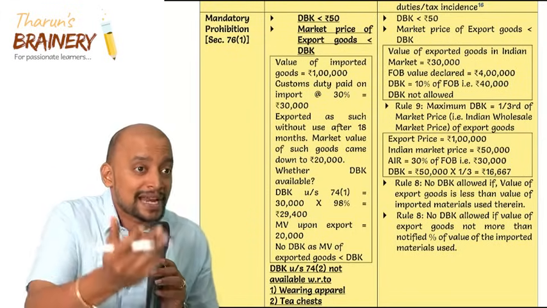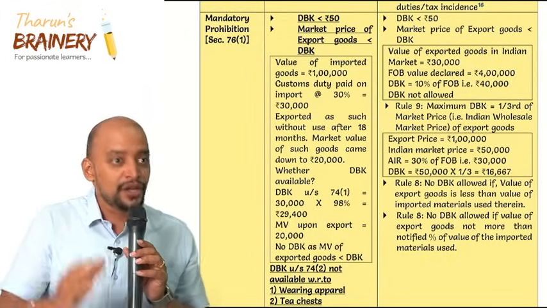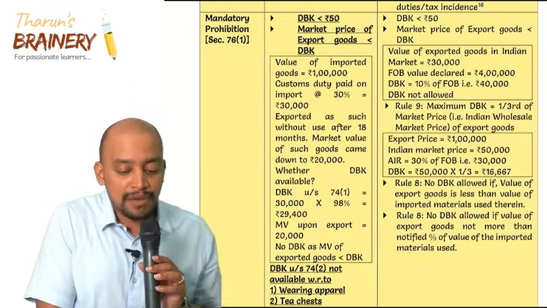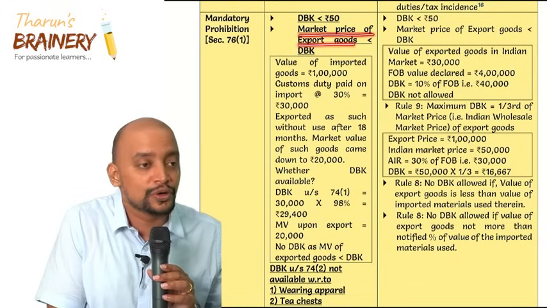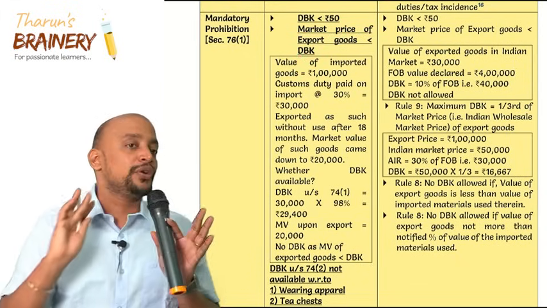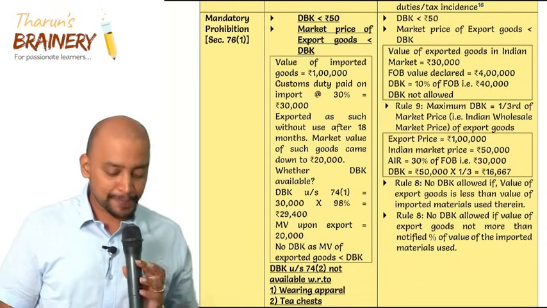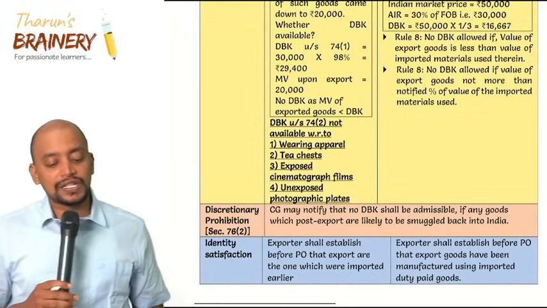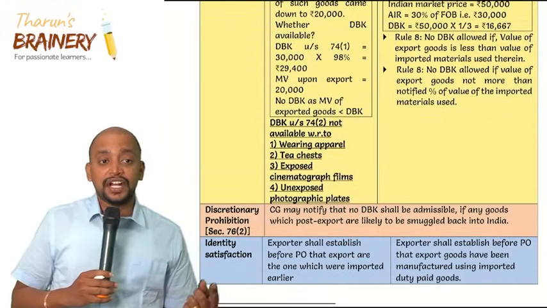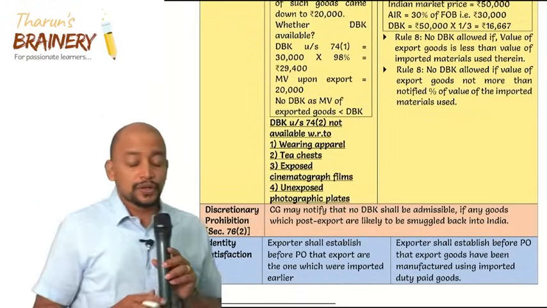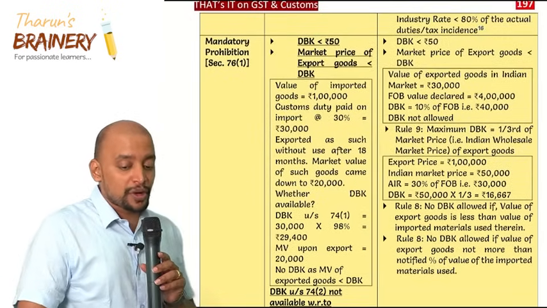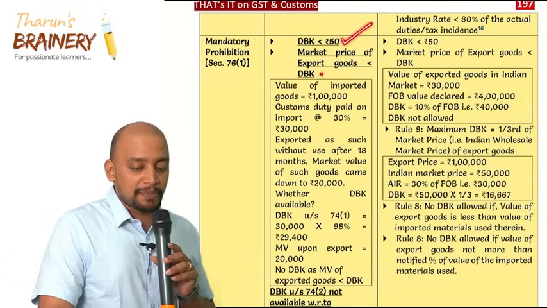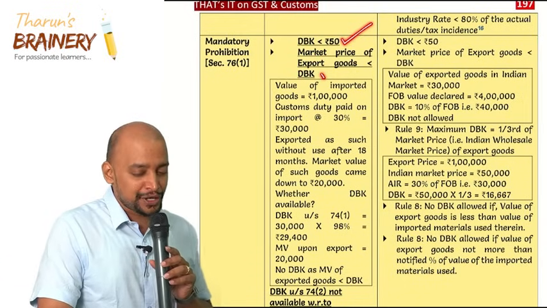But what is its market value? Only 20,000. So you will not get duty drawback. Why you will not get duty drawback? Because the market value of those export goods is less than the amount of duty drawback. So you will not get. Also, duty drawback under 74 subsection 2, not only 74 subsection 1. So these 2 points are common for both 74. This 50 rupees point as well as market price of the export goods is less than duty drawback is common